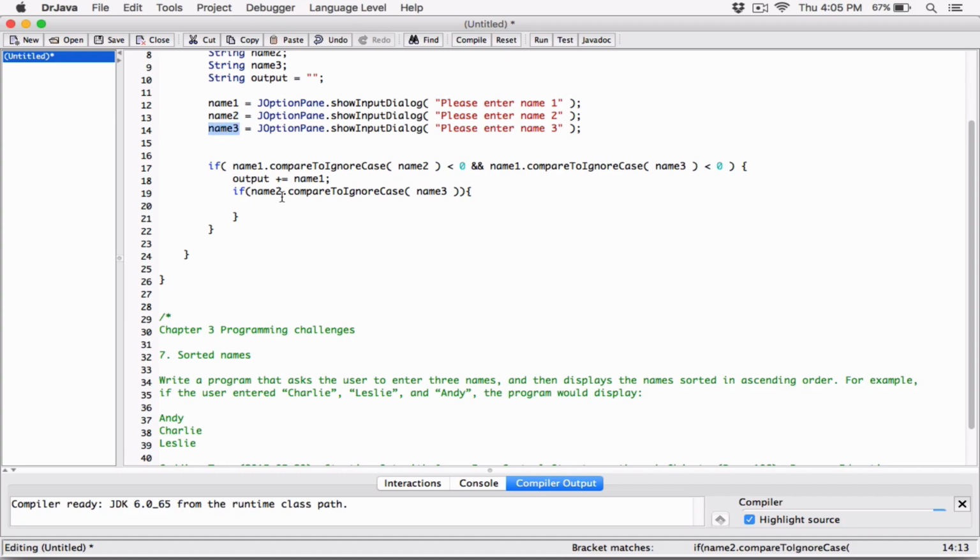So if name 2 compared to name 3 ignoring case is less than 0, that means if name 2 is less than name 3, then add a second name to the output string. So if that's the case, if name 2 is less than name 3, then output string add name 2 to it. Else, then that means that